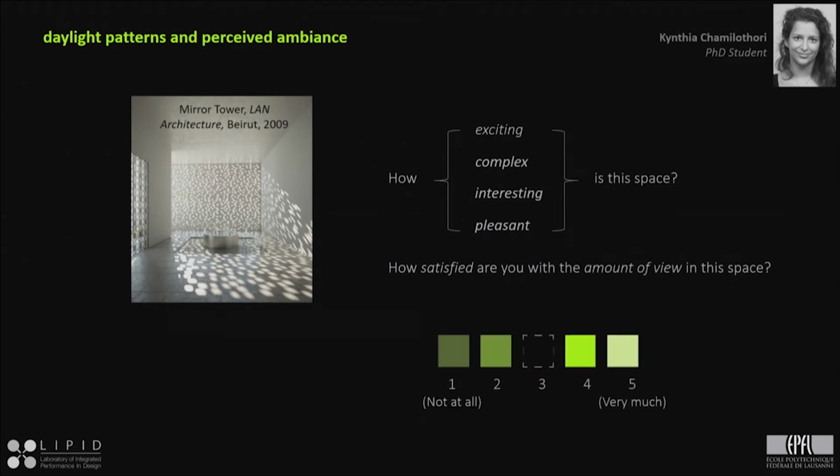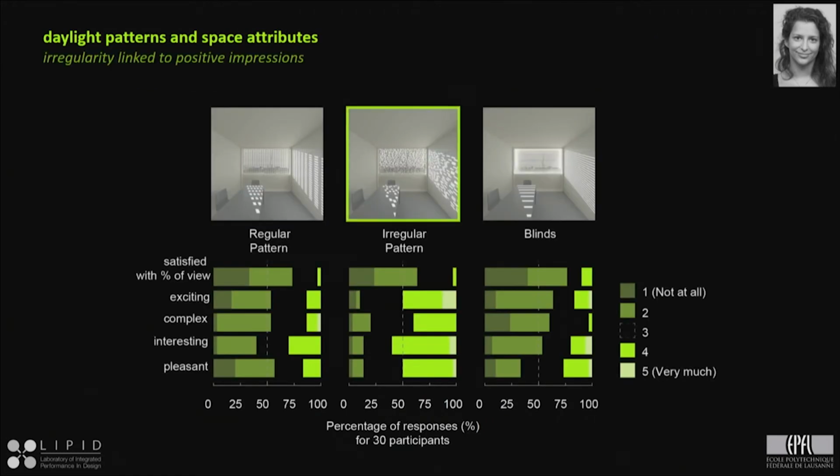And so applying a color scale, what might be surprising or not is that for the exact same amount of open area, and therefore the same amount of light, people much prefer the irregular pattern. So in a very boring space, basically a shoebox, the fact that the window has something surprising in it makes them find it actually exciting, complex, interesting, and pleasant, despite the fact that we, as again, are in a shoebox. And so this is very interesting to note and was a first step into looking at further